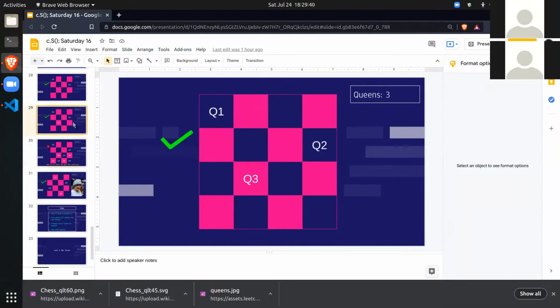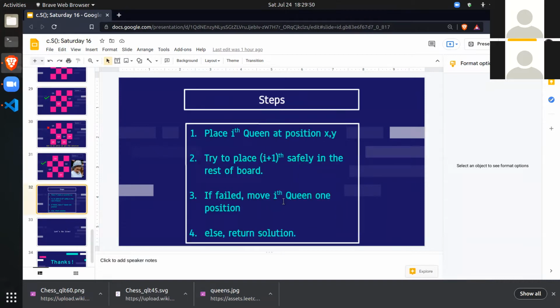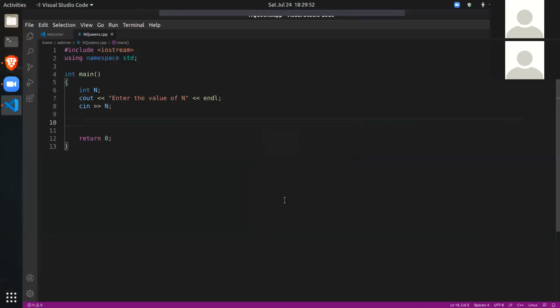Or you can say that this can be an array of strings, where dot means empty and dash means queen. You can do anything, but we can use booleans to make the size very small. Booleans only use 1 bit per element, right? Actually in C++, booleans use 1 byte, because you cannot store 1 bit. But anyway, it's the smallest size that we can have.